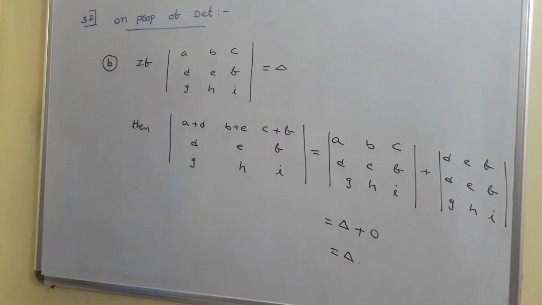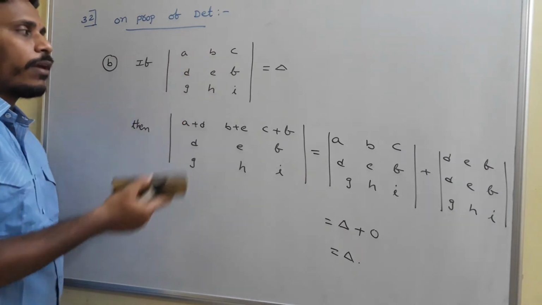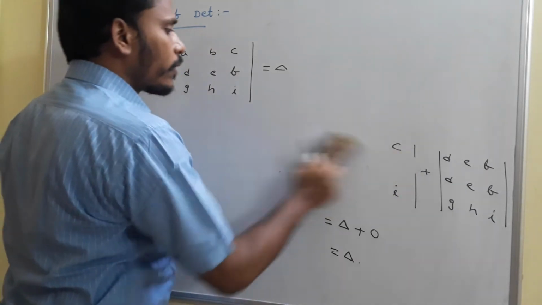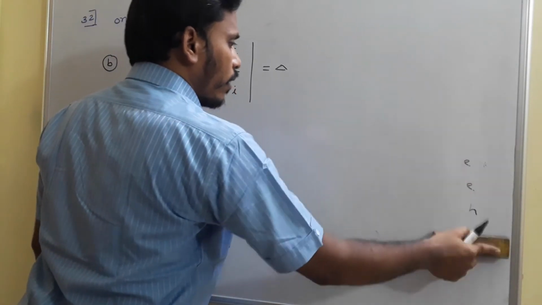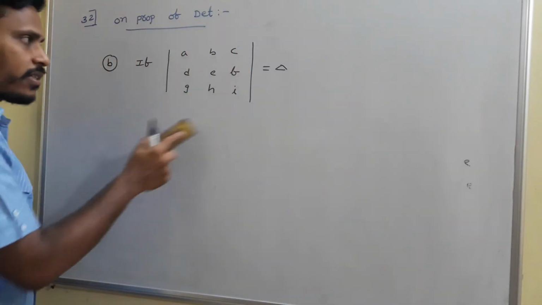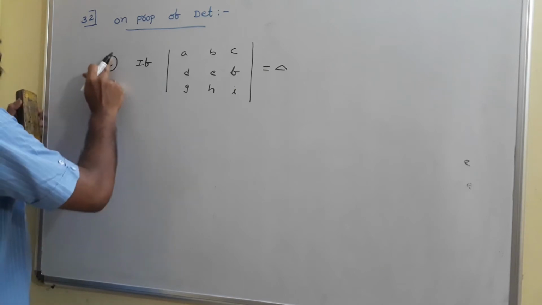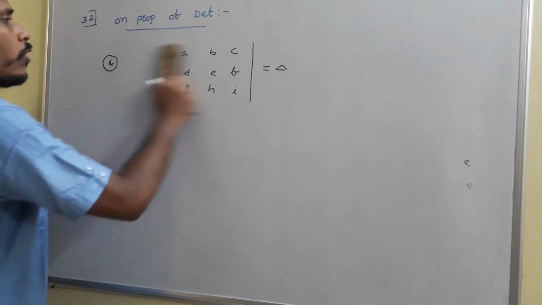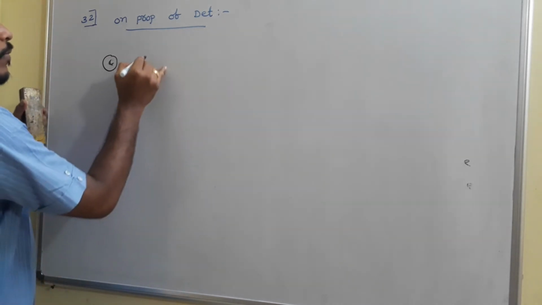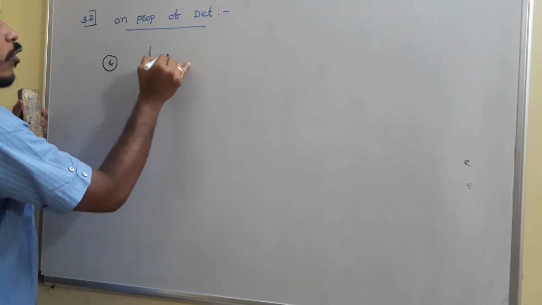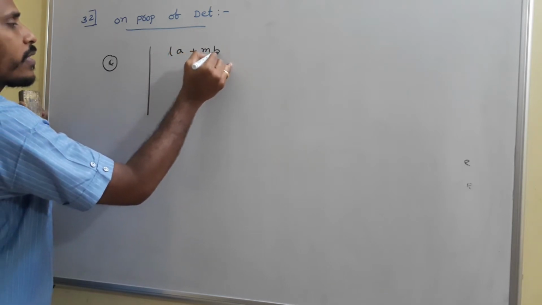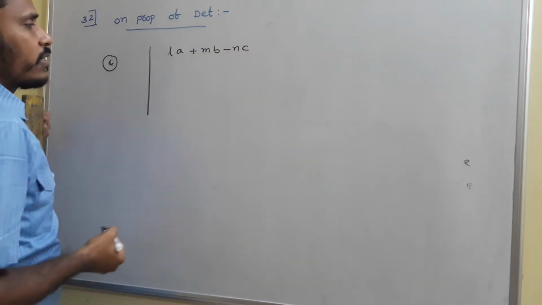Just have a look. Suppose you have the determinant of A, B, C, D, E, F, G, H, I as delta, you just keep that in mind. After that, I will erase it, but you just use this: the determinant of A, B, C, D, E, F, G, H, I is equal to delta, right? Okay, if that is delta, then I need to find the determinant of LA plus MB minus NC,